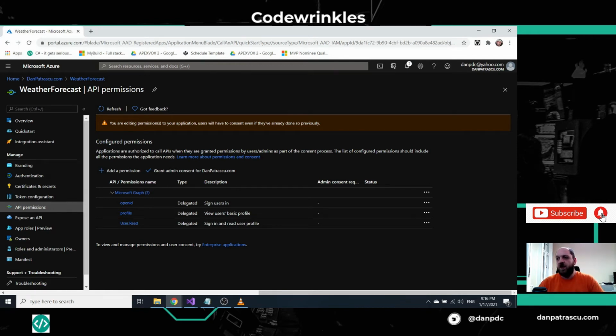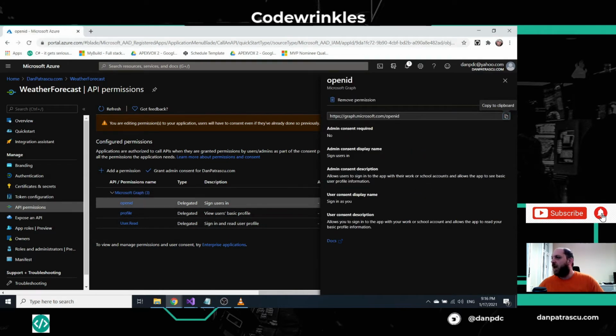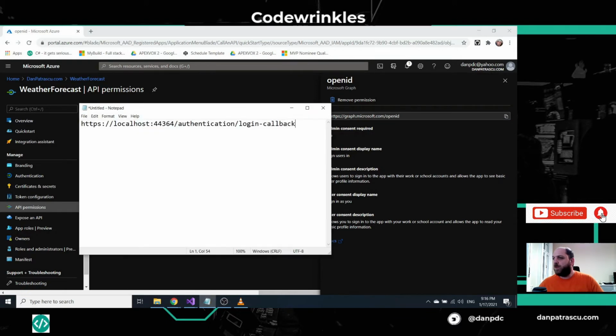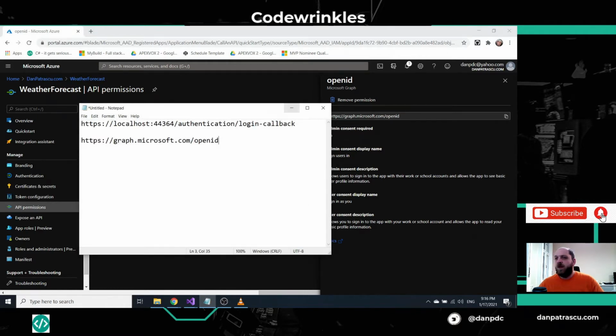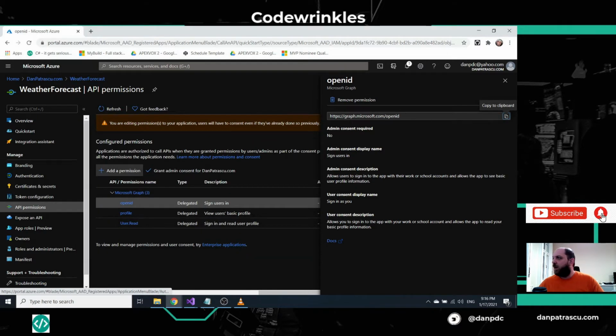And since we are here, we'll also go on OpenID and open that. We see here that we can copy this to clipboard. This is actually a URI that identifies the scope within Azure Active Directory, and we'll probably need that later. And then, sorry, I didn't want to save that. And before we really leave